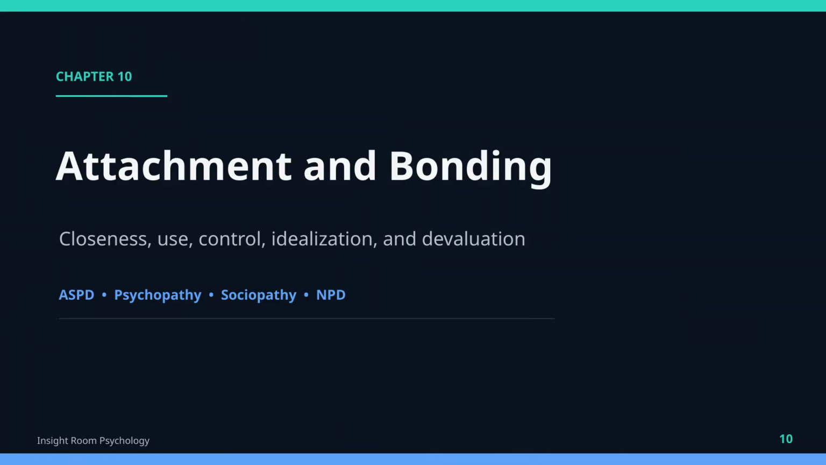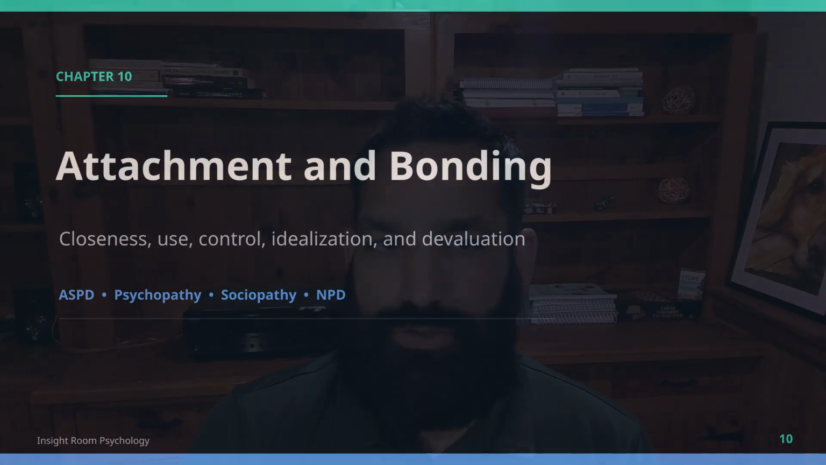Chapter 10. Attachment and interpersonal bonding. Attachment is important because many people assume these conditions mean the person is incapable of relationships. That is too simplistic. With ASPD, relationships may be unstable, exploitative, conflictual, responsibility avoidant, or marked by repeated betrayal. For example, someone may repeatedly abandon obligations to partners, children, employers, or friends, especially when those obligations interfere with immediate